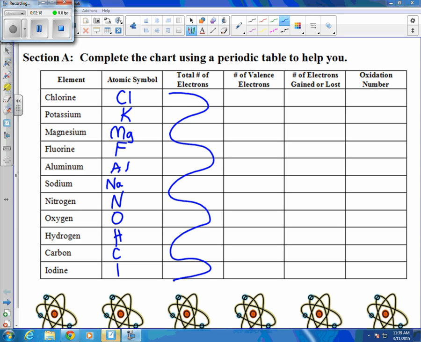Those are good ones to memorize, they're so common. They're in many things. Okay, now the number of valence electrons. This is a tidbit of review. So for our valence electrons,